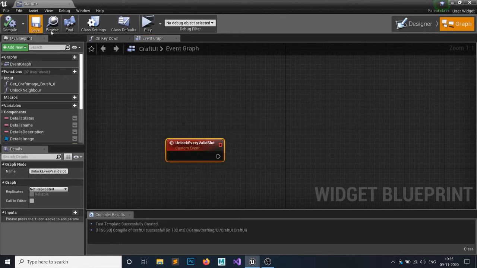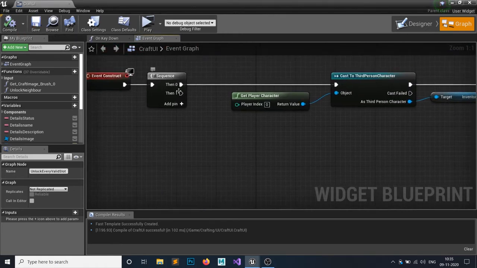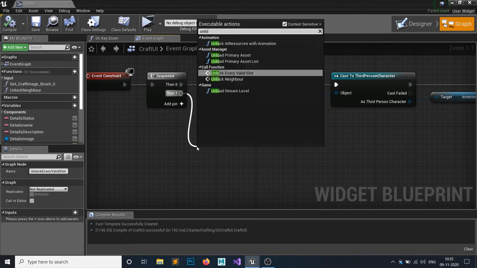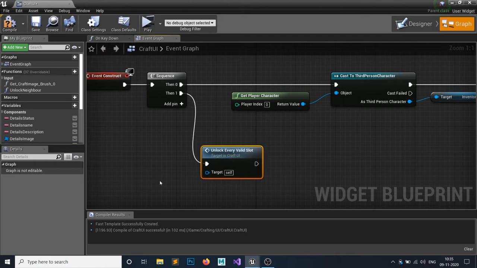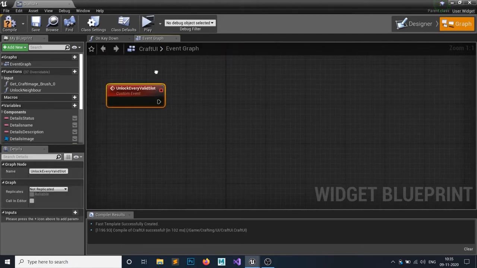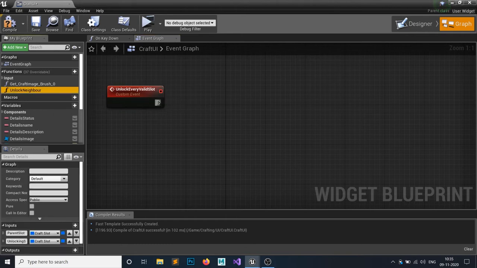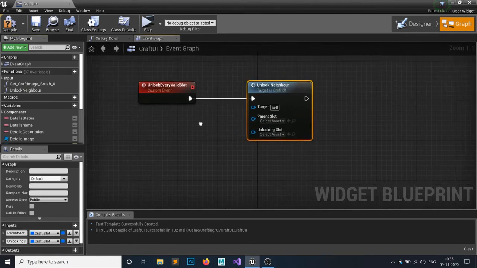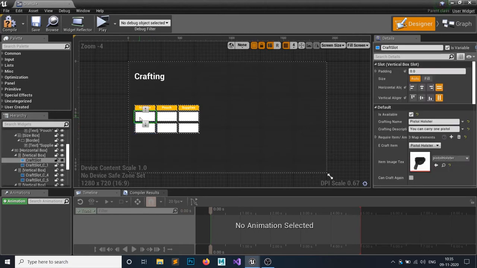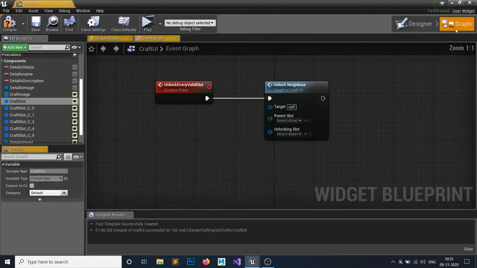So when the crafting UI is spawned or constructed, I want to call that unlocking function, the unlock every valid slot custom event. In this we're going to simply call that unlock event as many times as you want. So let's say when I craft this, I want to unlock this, so this one should go in the parent slot.